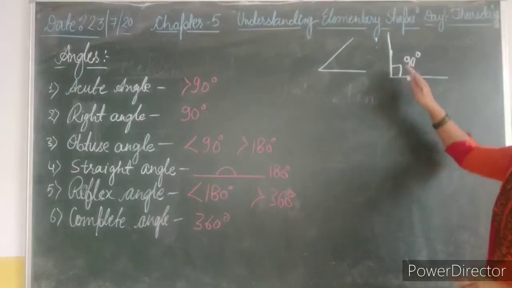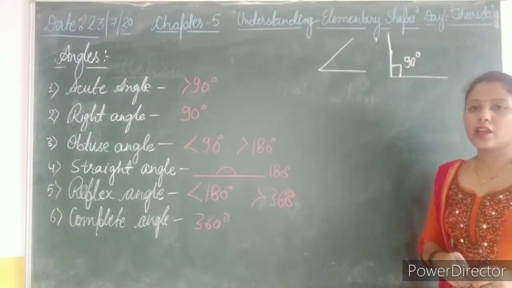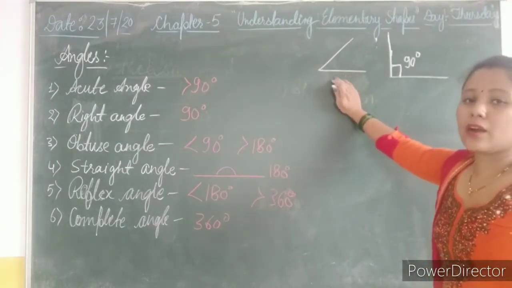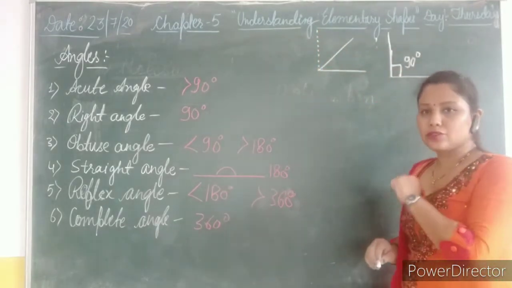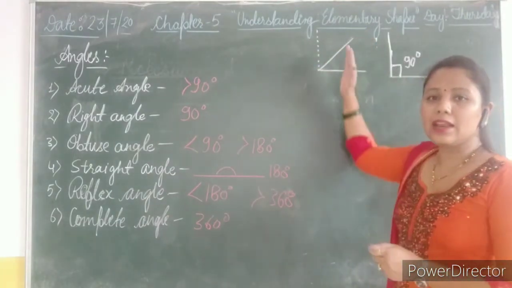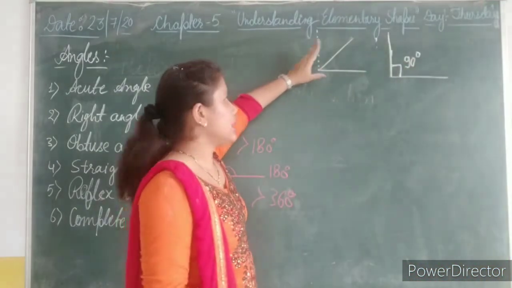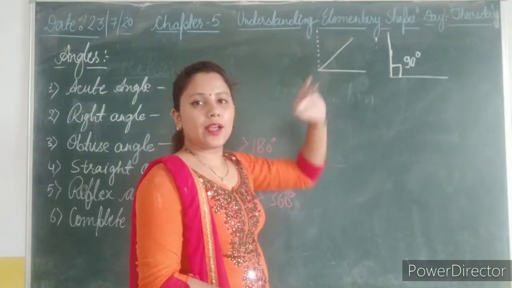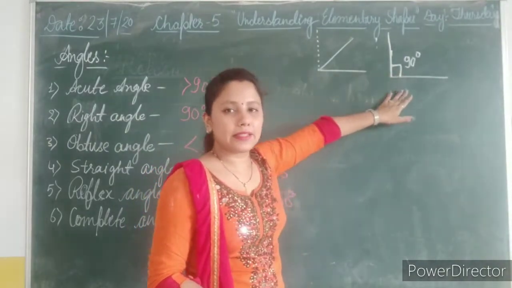Okay, when you draw a straight line on a base, the angle that is formed is a 90 degree angle. So how we can say that this angle is less than 90 degrees and that is our acute angle? Just draw a straight line. As you can see here, this angle is less than 90 degrees. Your acute angle is just less than 90 degrees. So that is your acute angle, and then this one is your right angle.